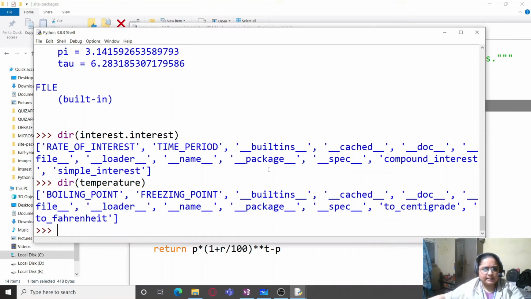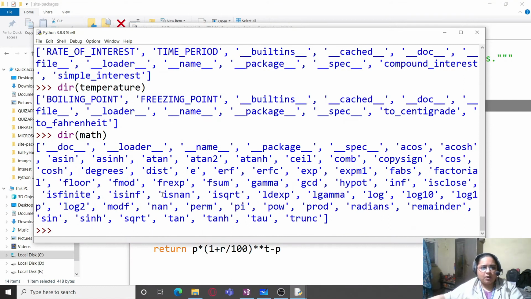I'm going to use it on temperature also. So here you can see temperature, boiling point, freezing point, then 2 centigrade, 2 Fahrenheit. These are the functions within the module temperature. So this dir, if I now use on the math module, you'll be able to see all the different functions of the math module, and not only that, also the various constants which are there in the math module.